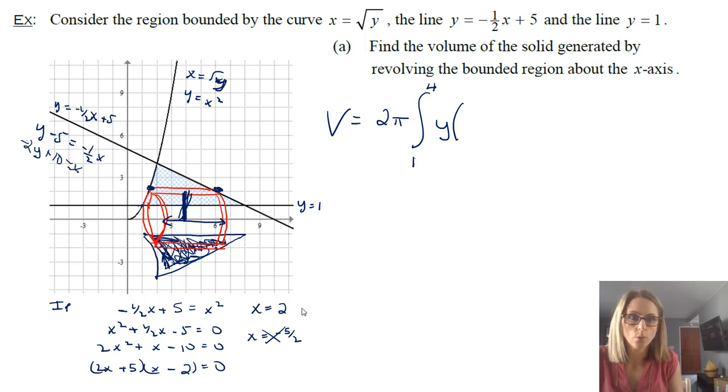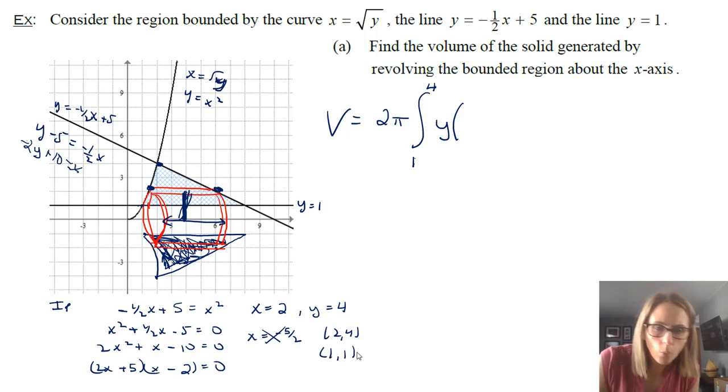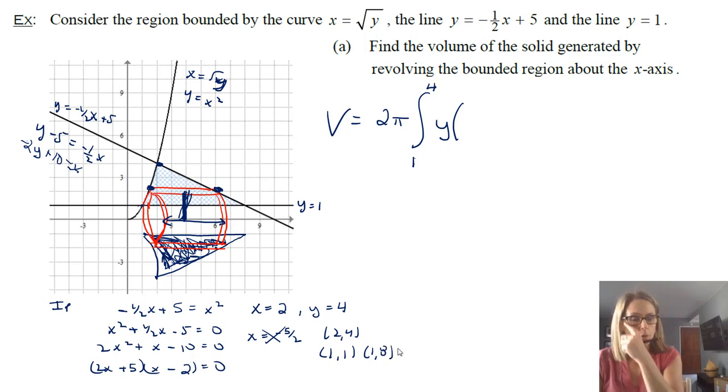If x equals 2, then y is going to equal 4, so we get the point (2, 4). That would have been this point up here. If we didn't have it, we could find it. At the bottom here, everything connects at y equals 1, so that's how we know we have 1 and 4. Again, you can always set things equal and figure out what points you need. For something this complicated, you're probably going to be given a graph, but it's always good to know how to do things.